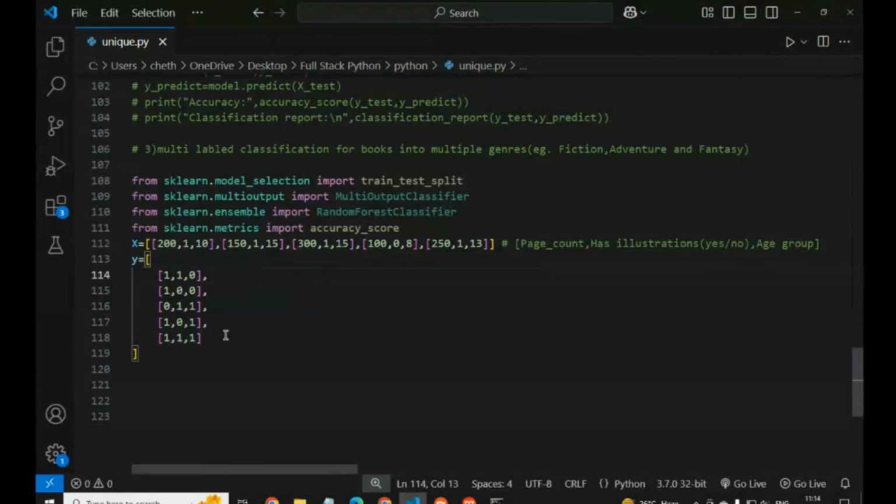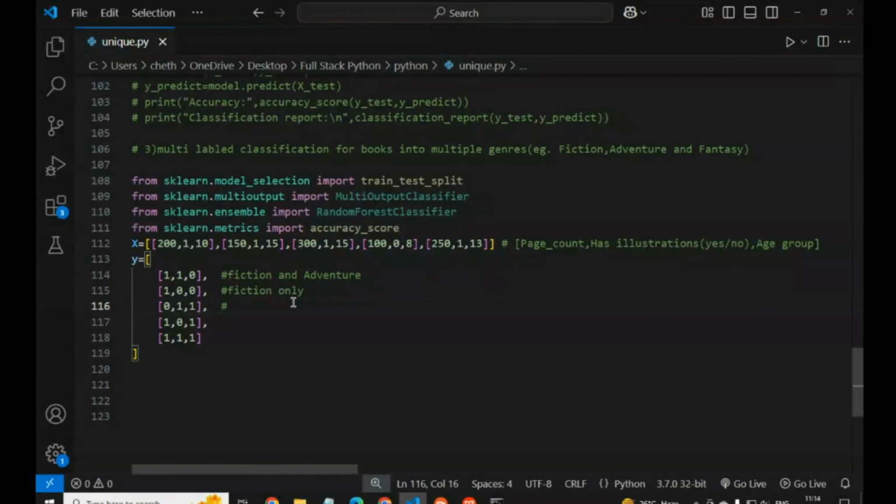So what we have to do is, which data is this? This is fiction and adventure. Here we give fiction only, because the first one means fiction, and the second means adventure. Here fiction and adventure are there, and the remaining is 0.